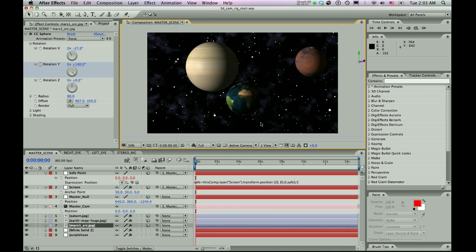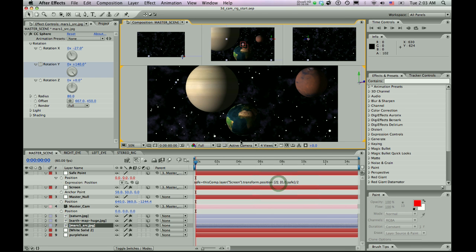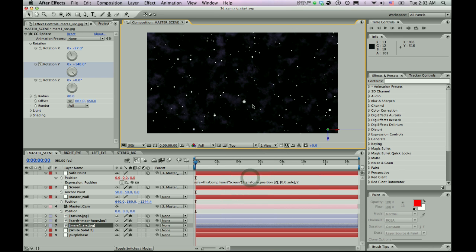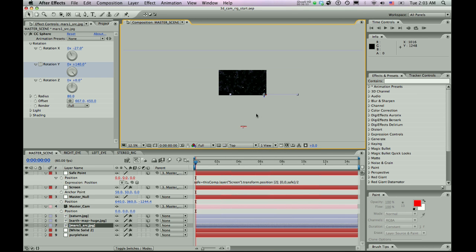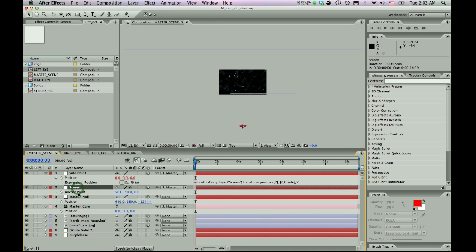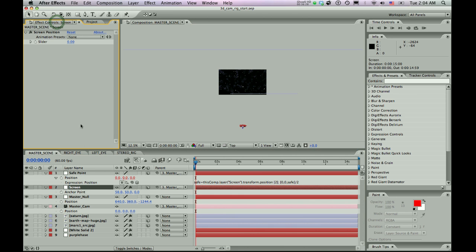So now if you jump over to your top view, you'll see what we've been working on these last few steps. Got your camera, your null. So if we move this, you'll notice that